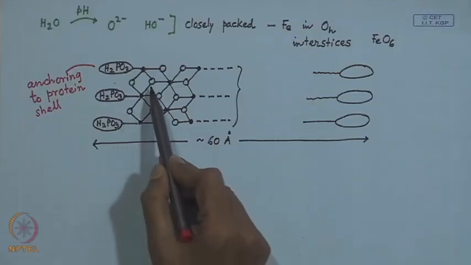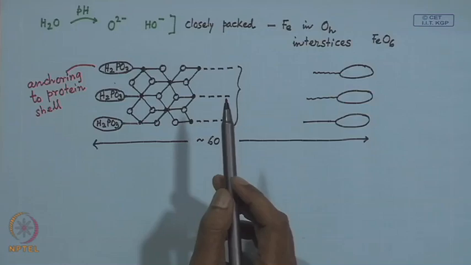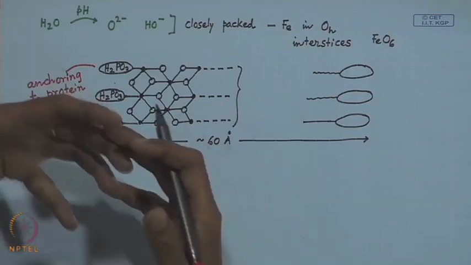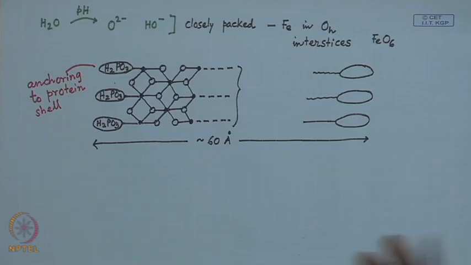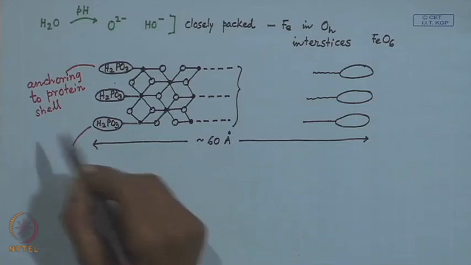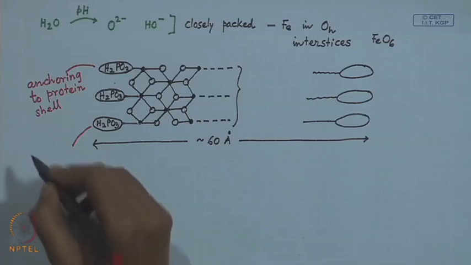So, here also, these are your hydroxide or oxide functions which attach to 1, 2, 3 iron centers. So, it is continuing in 2 dimensions as well as into the 3 dimension. These phosphate groups are not only anchoring to the protein cell, but